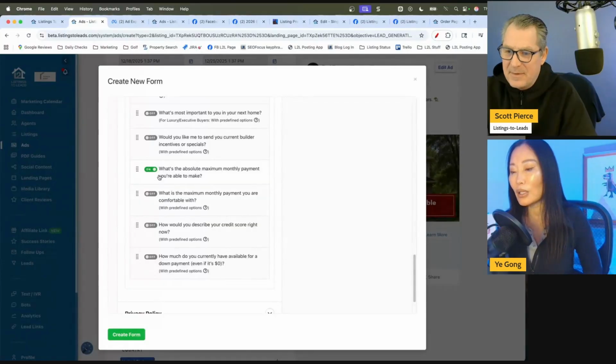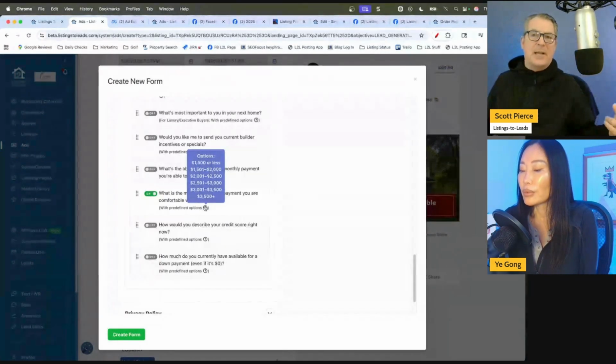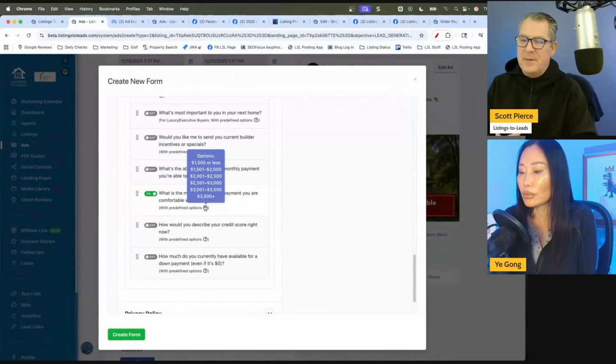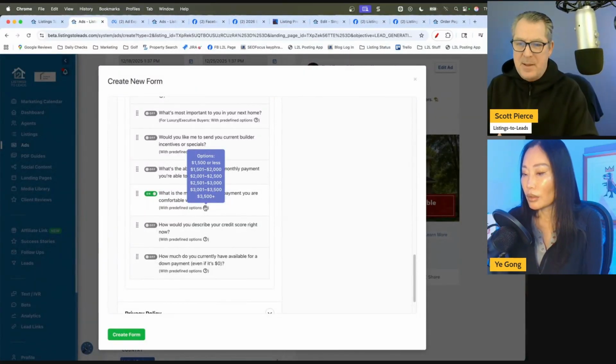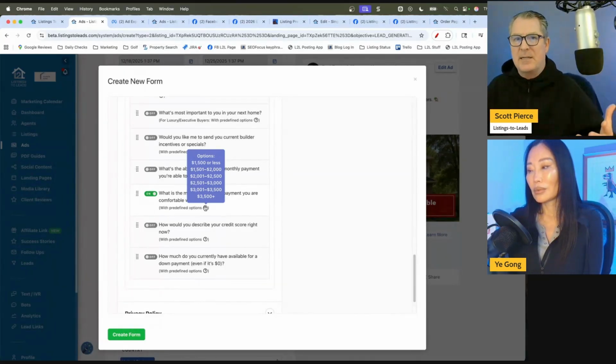Comfortable making. Yeah, a little bit softer. Yeah, I agree. And then they've got predefined options that they can just select from. I think most people probably just put in what they pay in rent. Exactly. So you're going to find out what's their time frame, what's their credit, and what are they comfortable paying. And that's going to help you a lot, because part of that can be walking them through the tax benefits, and hey, they may be comfortable paying a little bit more than they thought once they realize